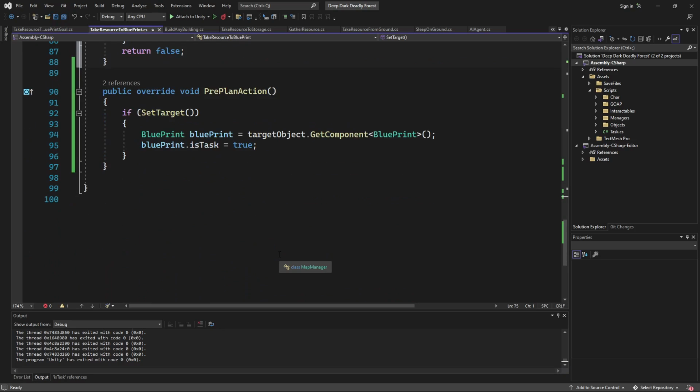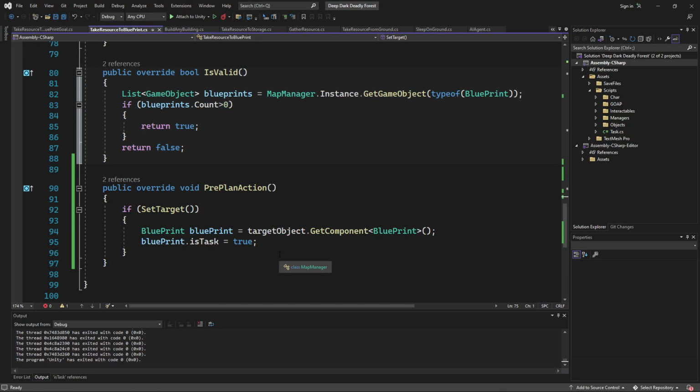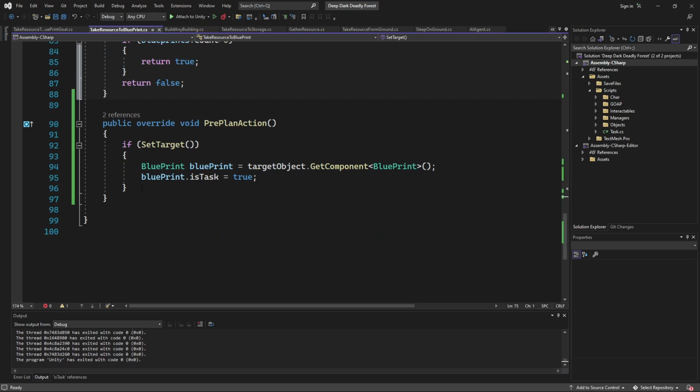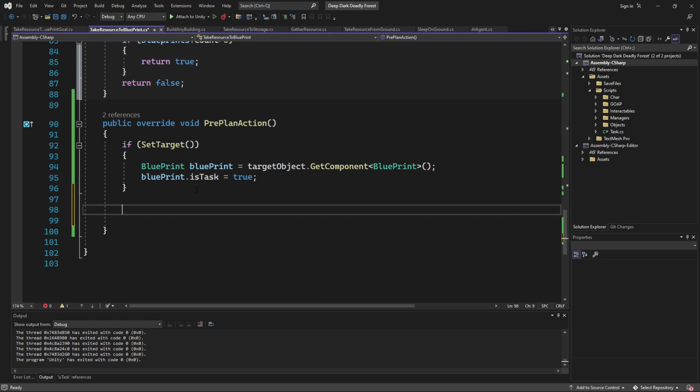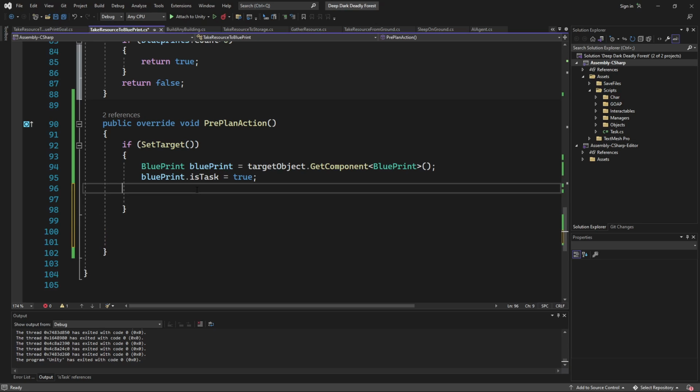This is where I probably have to do more coding with the blueprints, keeping track of what it has and what it doesn't have, so that in the pre-planning, like right here for taking resources, we should have something that sets the target resource for the agent based on the need of the blueprint